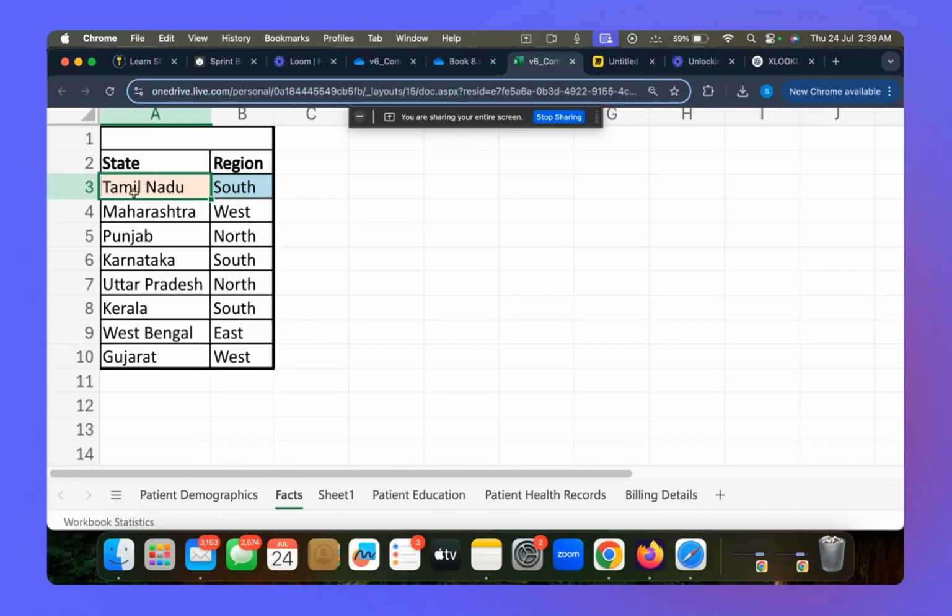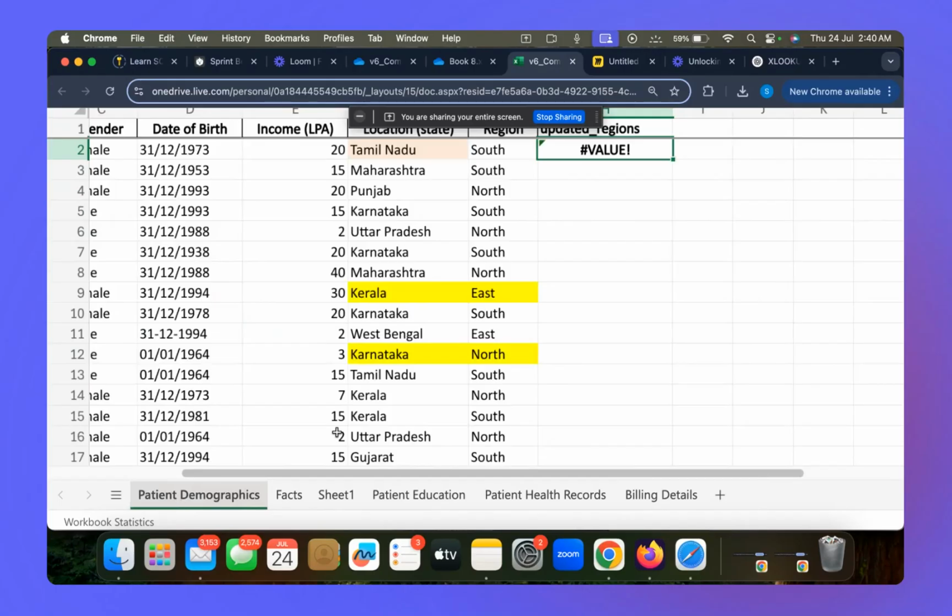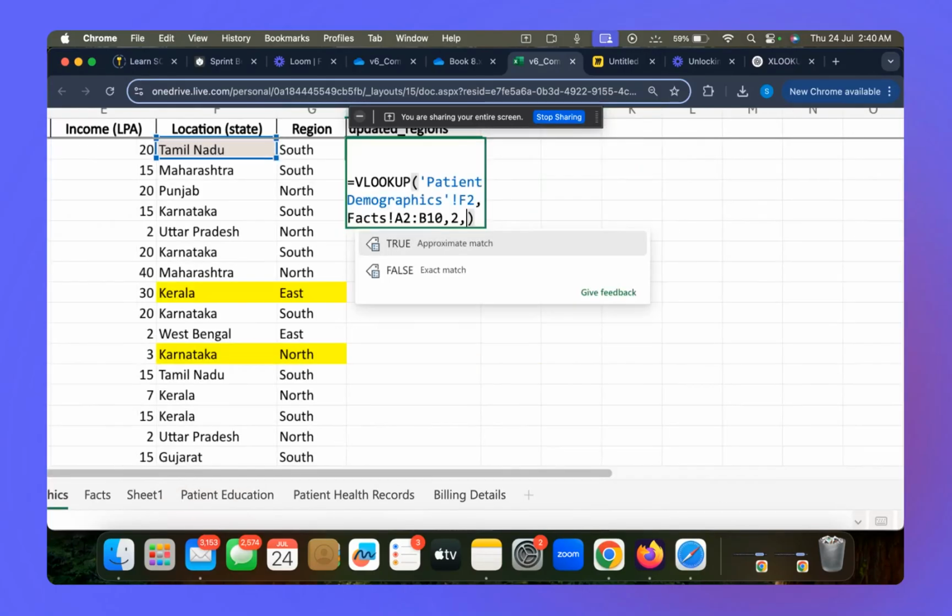Now what do I want to return? In this reference sheet, there are two columns, 1 and 2. I want to return this second column. Whatever parallelly exists to Tamil Nadu here. I found my Tamil Nadu here in the third row. Whatever parallelly exists to Tamil Nadu in my second column, I want to return that. What is the second column? Basic counting. This is my first column, this is my second column, and I want to return this second column. Okay, and you can just mention 2 here. So this 2 is the count of column, and then I'll just mention false.